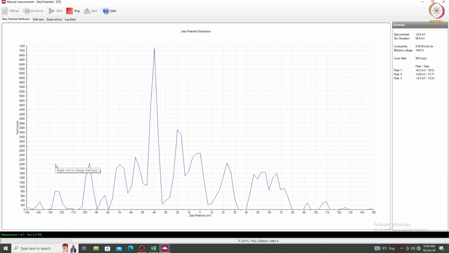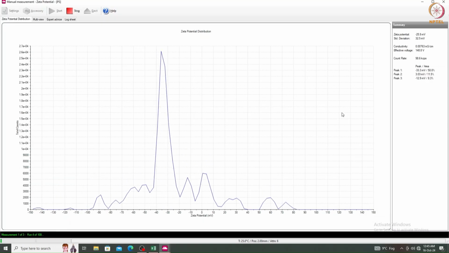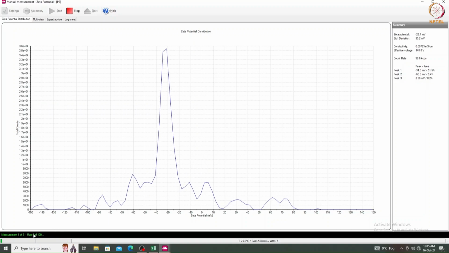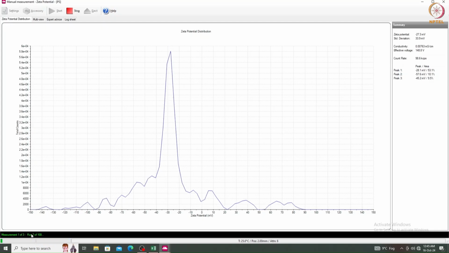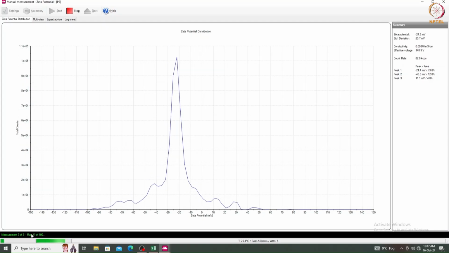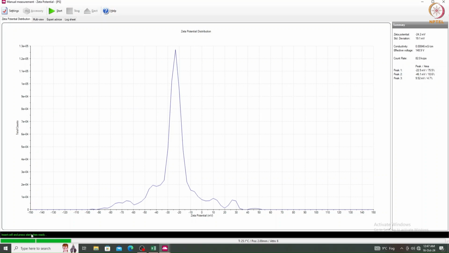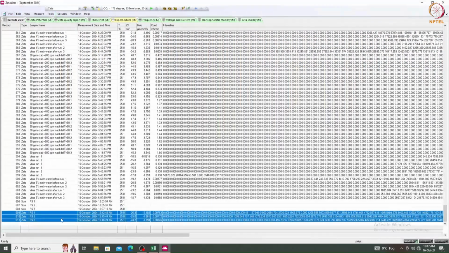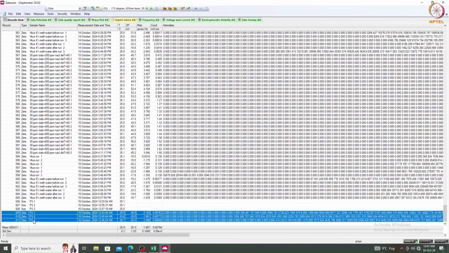As you can see, the measurement has started. The zeta potential is showing negative values as expected. The system will automatically perform 100 runs in 3 measurements to reach a consistent value. The final result indicates that the zeta potential is minus 25.3 millivolts with a standard deviation of 1.33. You can export the result to Excel by copying the data and pasting it directly.